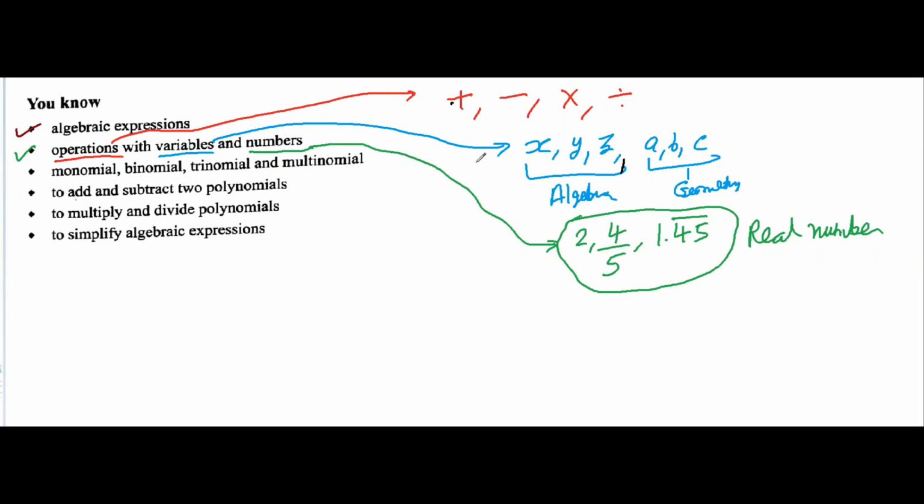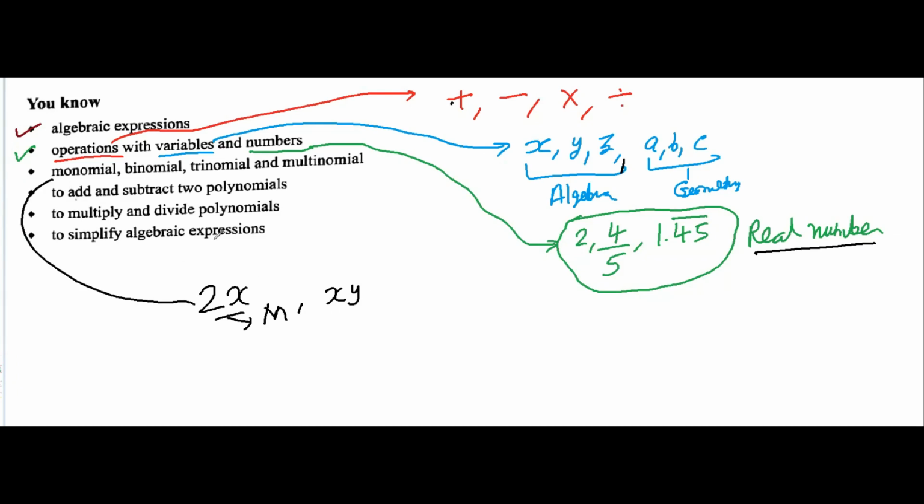What are numbers? There are many types of numbers: whole number, natural number, fraction. Then we have rational number, irrational number, integers. All numbers come under a big umbrella called real number. They all are real numbers. So I can apply some operations among these numbers, these variables and these operations to form monomial, binomial, trinomial, multinomial or polynomial. For example, if I take a number 2 and a variable x, so this 2x becomes what? This is my monomial. Similarly, if I take two variables, x and y, this xy is a monomial. This is an example of monomial.